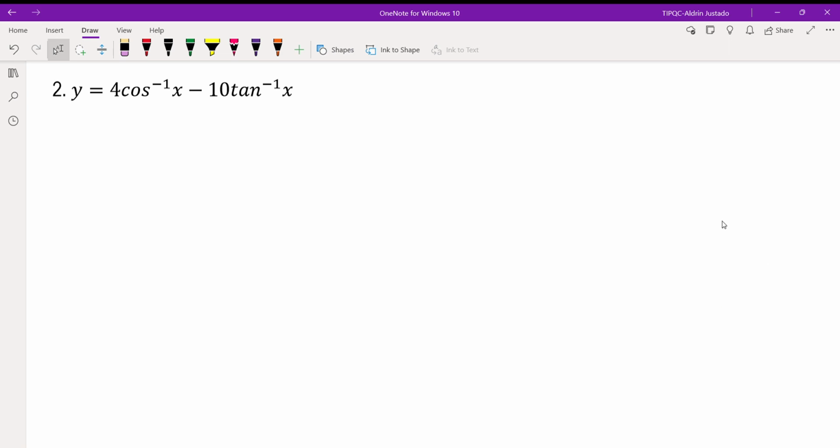Okay, we are on number 2. Example problem number 2: y is equal to 4 times arc cosine of x minus 10 times arctan of x. By solution, by applying the constant multiple theorem. So, i-apply muna natin yung constant multiple theorem kapag binigyan tayo ng ganyang problem. Okay? So, constant multiple theorem, we can write this as